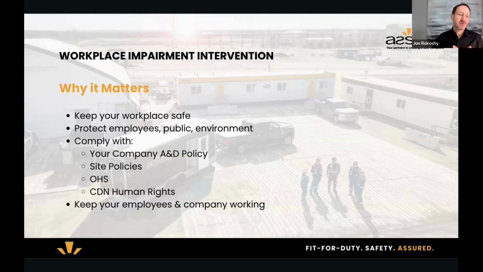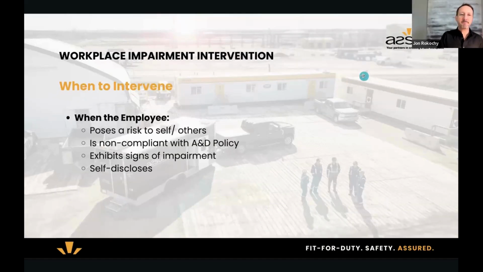So these can be reasons that we hear for people to say we're not going to do testing anymore. And I'm not sure exactly what the reasons were for this company, but to my knowledge, they weren't doing testing. There was an incident on the contractor site. A post-incident test was requested. The employee failed the test, and the company lost the contract, lost the work, and has since had to let workers go. They've lost a lot of work. So this doesn't just impact the company, it impacts the employees, it impacts a lot of families. So by taking action, you're protecting them from themselves, but you're actually protecting everyone in the workplace as well.